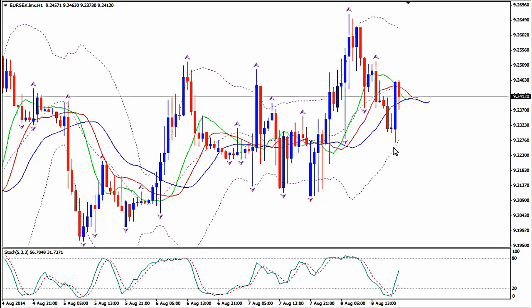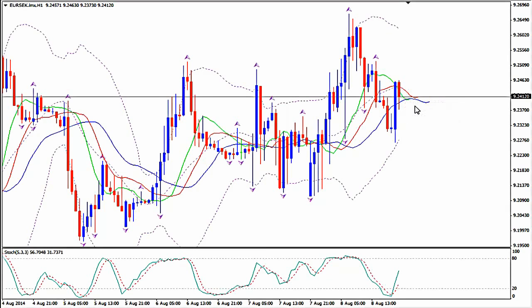So we place our stop loss a few pips below the tail of this big bullish candlestick at 9.2230 would be okay. So only if we see a bullish candlestick crossing and closing above alligator's lips, the green